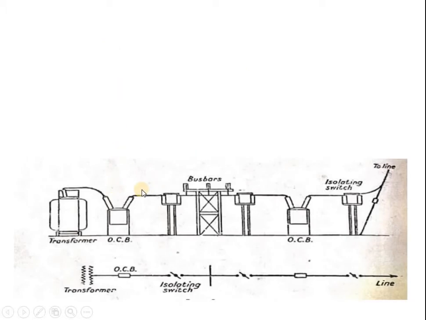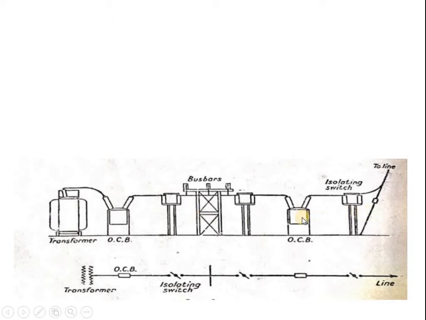You might have seen this order of equipments which are connected inside the substation. So first we are using a transformer. After this we are using an oil circuit breaker. It is connected to the isolating switch. After this there is a bus bar. Again we are using the isolating switch. This isolating switch is connected to the again oil circuit breaker. Again it is connected to the isolating switch and our transmission line. This is the schematic diagram of equipments connected in a particular order.